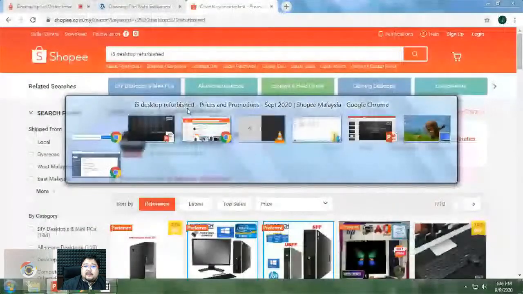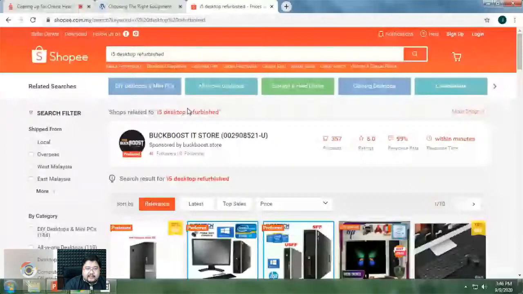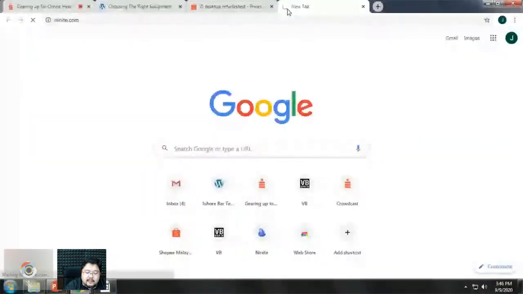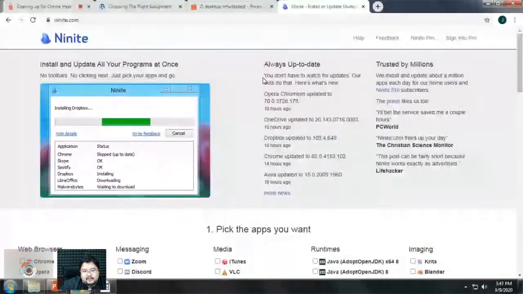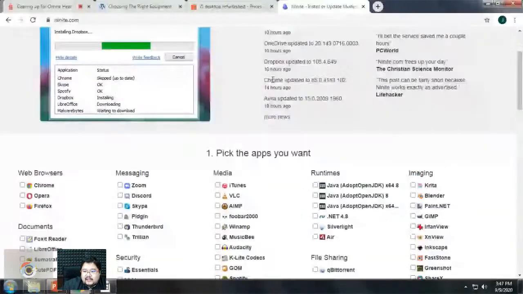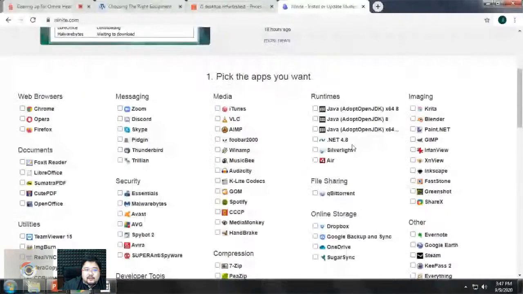Let's go back to my browser. Now I'm akin to using 99. If you look at the IT support page, the Johor one, I promote this one. I've been using this for many years, and whenever I have a new computer or a friend decides to show up to the office and bring their new laptops for me to set up, I'll just open this website. So you open this and then you pick whatever you may need to start you off.